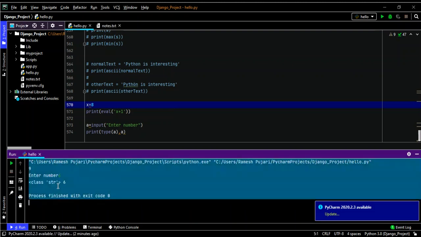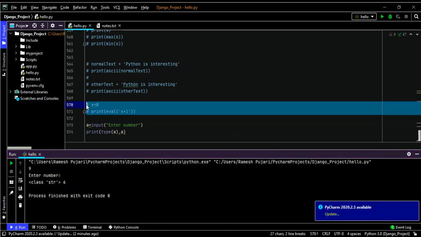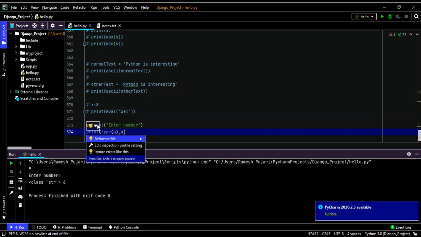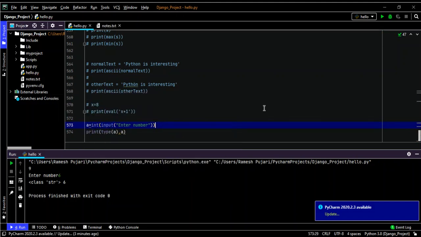So this is a string, because in Python everything is defined as objects or a string. So it considers it a string. Now if I want to change it, I have to use the int function. See, int function. So now it becomes an integer. Enter the number 8. So see, you can see the class int. This 8 is an integer. So if I am using an integer, I have to give int here. If I am not using it, it will by default be considered a string. If I am using float, I have to use float here.